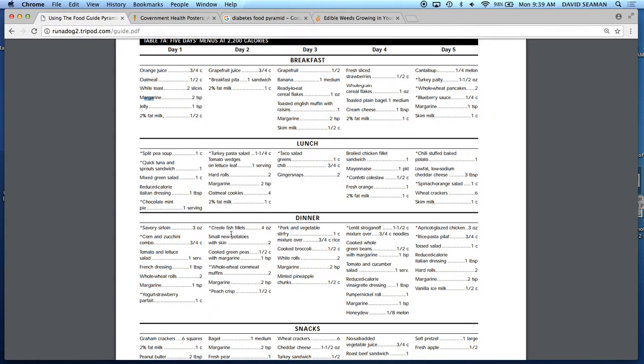So for dinner, what are we going to have here? We get margarine, muffins, more margarine, dessert. I mean, peach crisp, margarine, muffins, and more margarine. How is this healthy? And so for day 3, we have, let's see, white rolls, margarine, and then minted pineapple